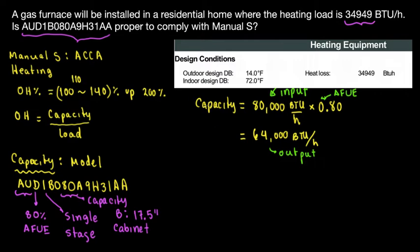All right, so the reason I put capacity is I don't want to complicate this formula. It's just capacity divided by load, but this is heating load, this is output capacity. So now let's go see what's the load. We already have the load. So what's the oversizing? Oversizing is going to be equal to 64,000, which is the output capacity, divided by the load,